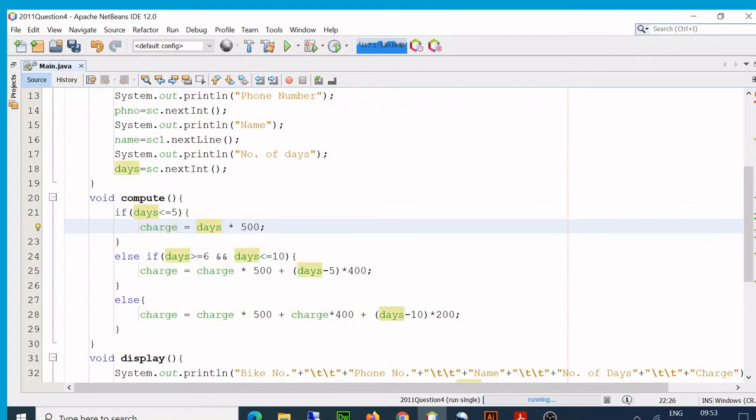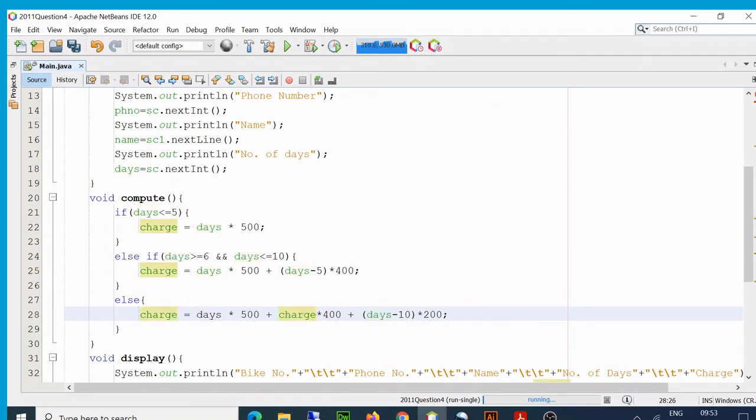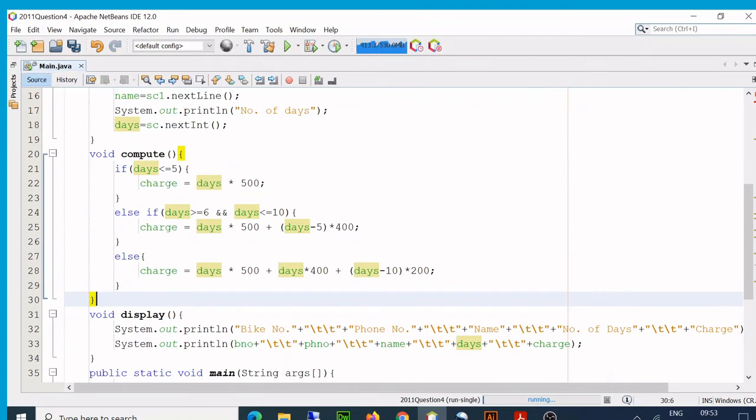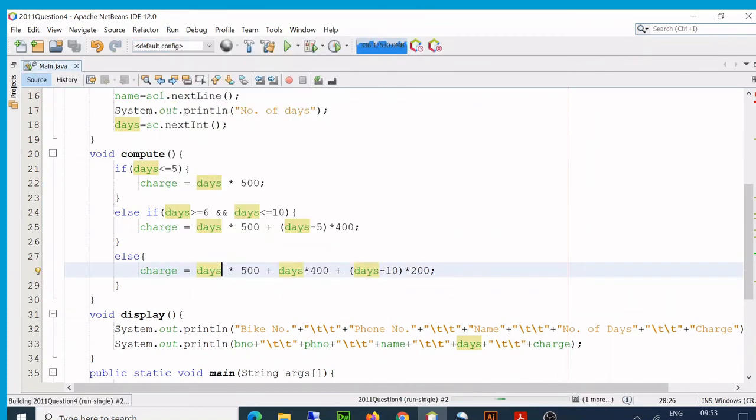That's how we sort our errors. 500 into number of days. Here I wrote correctly, here I am making a mistake. So days here, right? So when errors come, don't worry about errors. That's how you can remove your errors, and that's how we learn. I just told you, by making mistakes mostly.